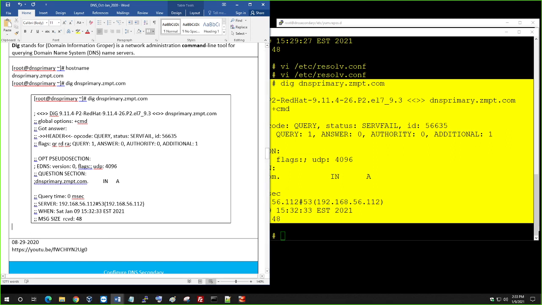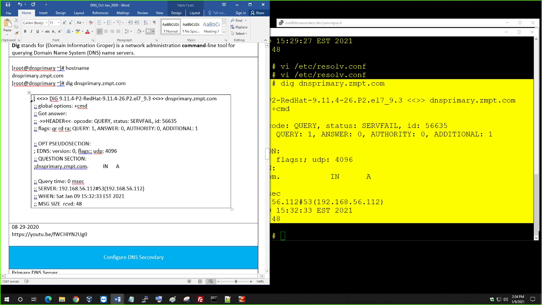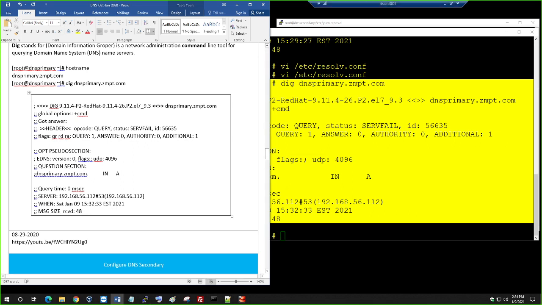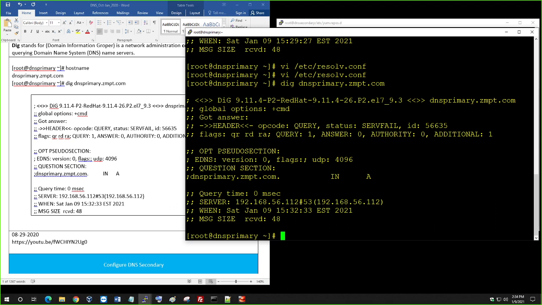Okay, so when we did the dig, this was the output. It did dig and it went in for this name in here, and it went through all this and it found this information here. See, we gave the name here and it found the IP address for you. Actually, this is the IP address, pound 53 means